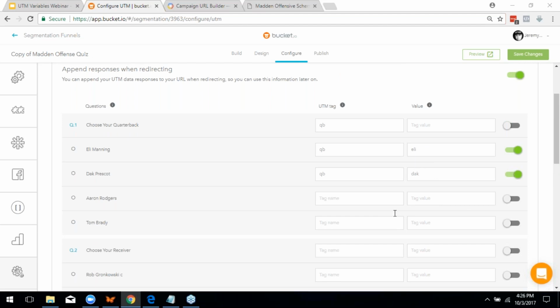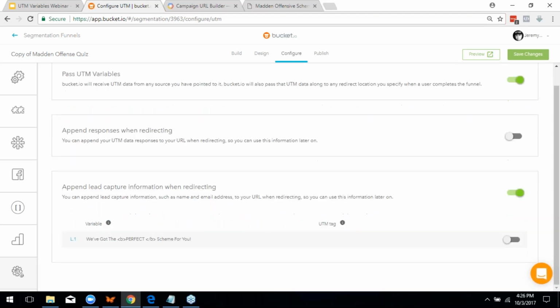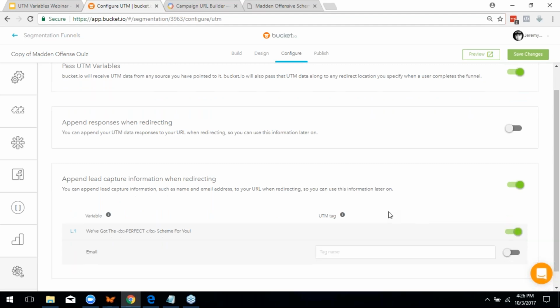But this is how you set up and create those UTM codes on the fly, off of the responses. The other way that you can create another UTM on the fly from inside Bucket is with the lead capture information. If you want to pass off the email address and phone number, you can do that, and you can do it for each